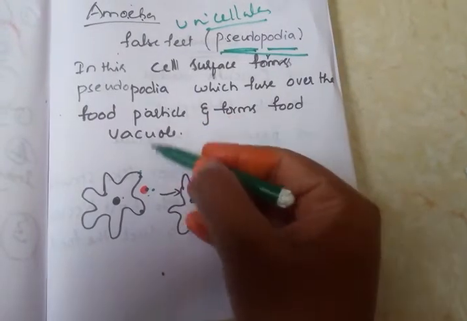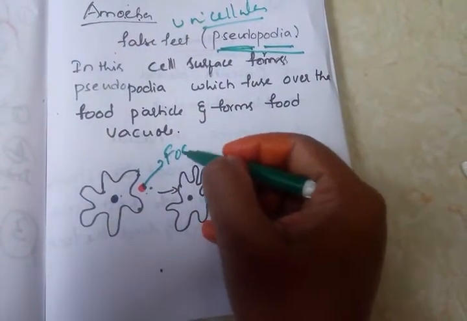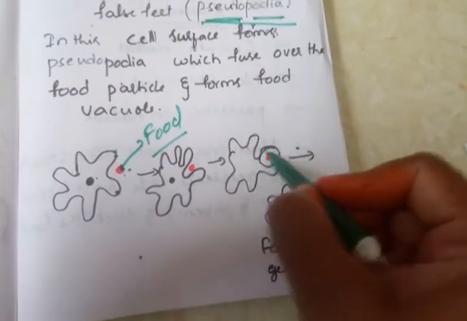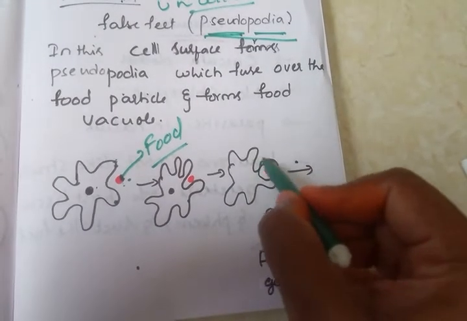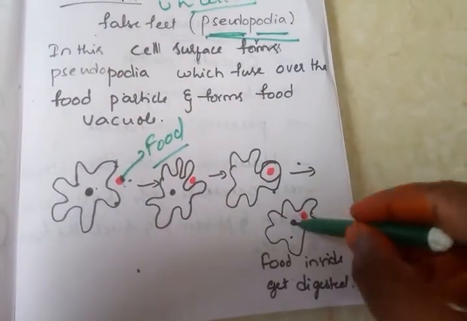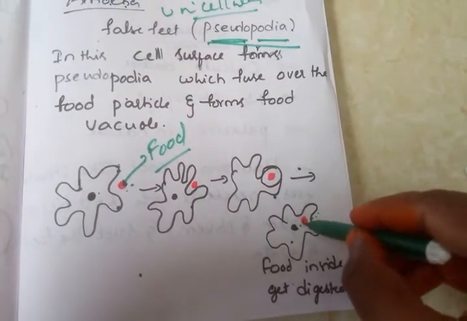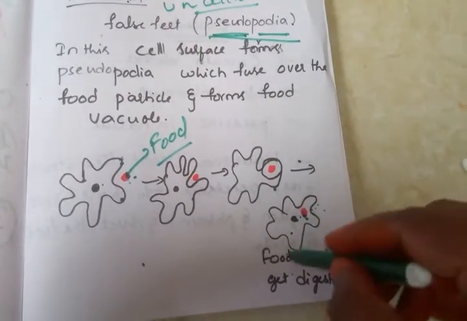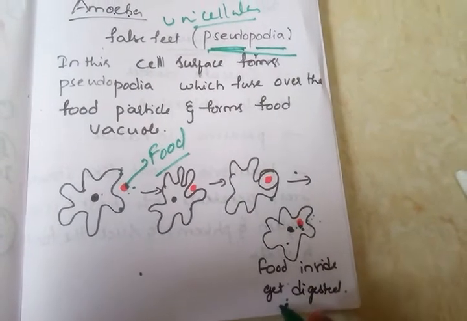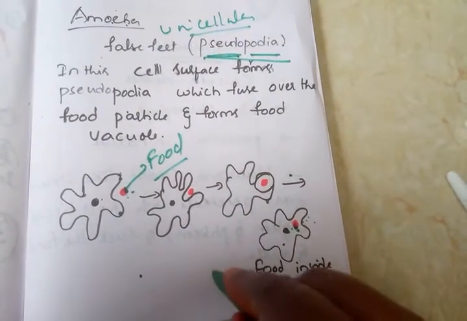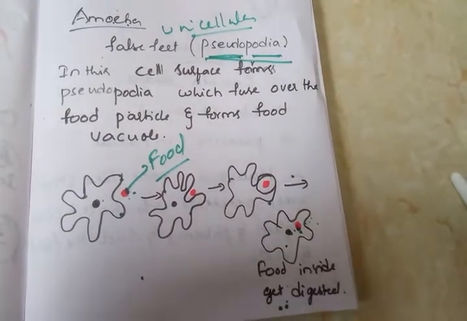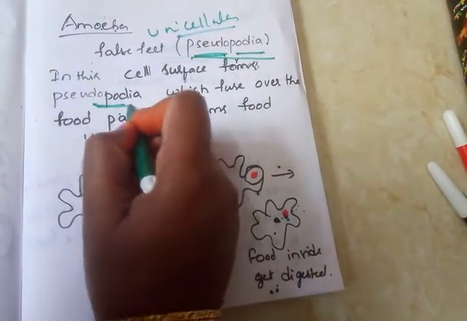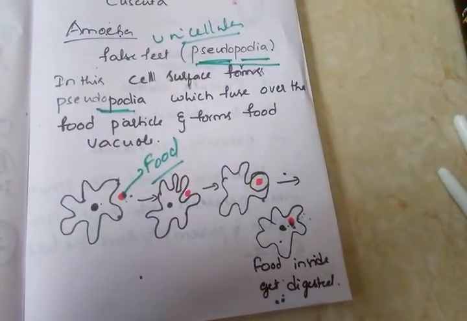Now we'll see this. The red portion I mentioned is a food particle. How does it capture it? Slowly the pseudopodia move around the food and finally form a vacuole-like structure, which is considered a food vacuole. Then they move the food inside the body. The food vacuole ruptures and finally the food enters the body, and inside the body the food gets digested. In this way the nutrition takes place in a unicellular organism like the amoeba. Is it clear? In the amoeba, what helps in capturing the food is the pseudopodia, the false feet.